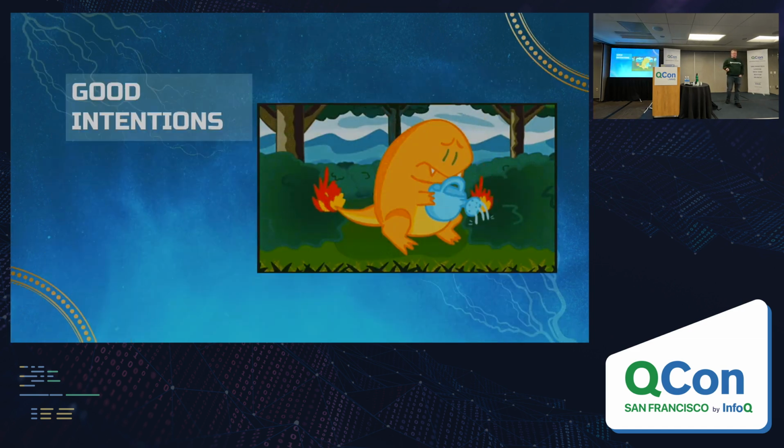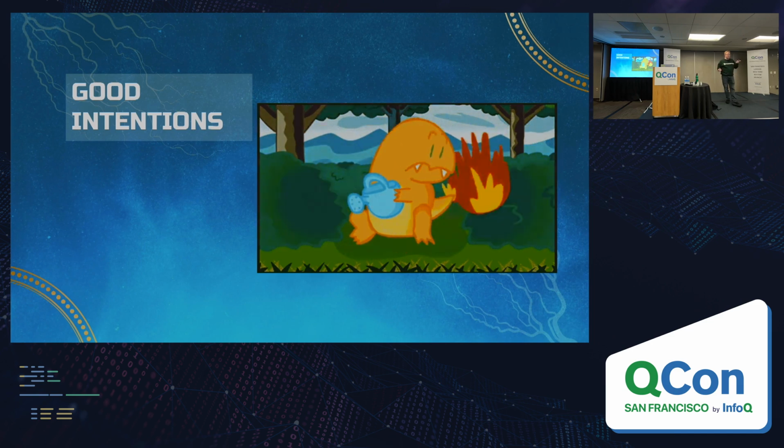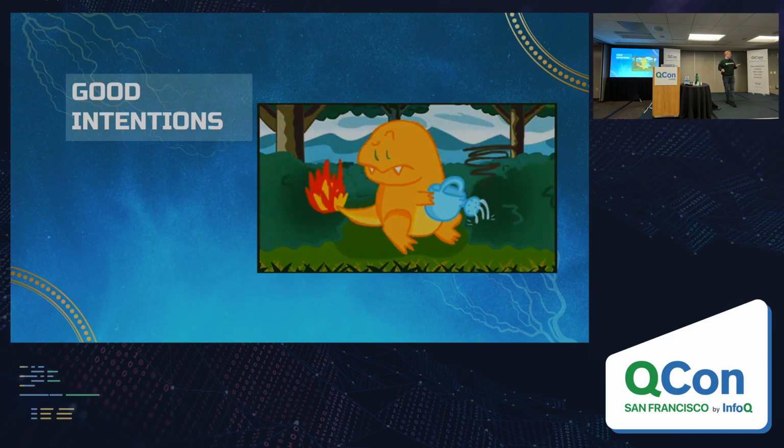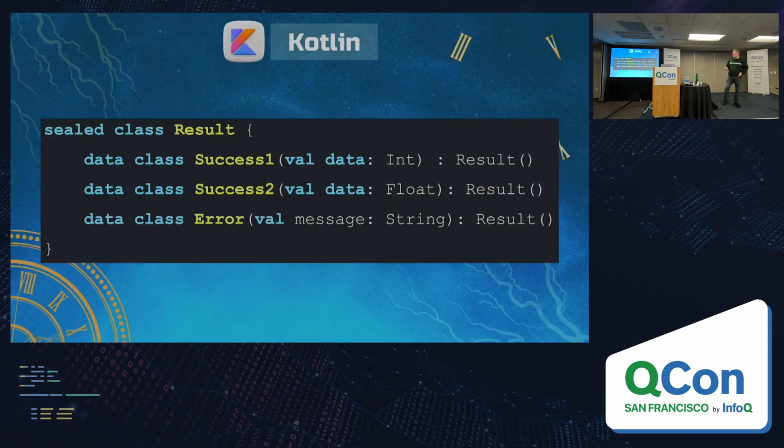So we're in good intentions land again, right? I might forget to put that try catch statement in there. I might not handle all of the different types of exceptions that could possibly get thrown by that function. If I make a small change to the way I model this, and I just add the error in as a different branch of this result sealed class, then now I get to take advantage of all this other stuff that I've just shown you all.